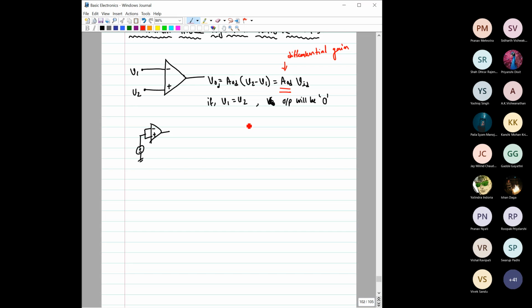Then we have also seen that the common mode gain does exist. It is not actually 0. So this is the common mode gain, right? And if you apply the signals V1 and V2 between these two,